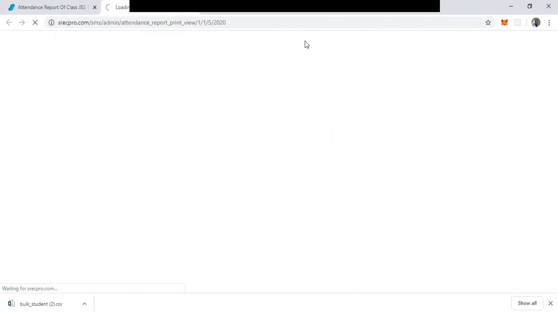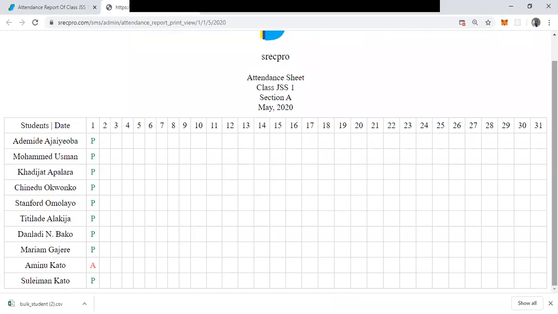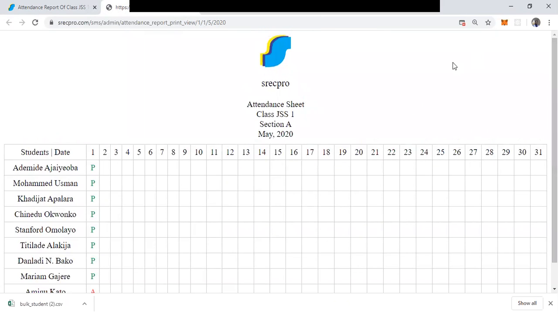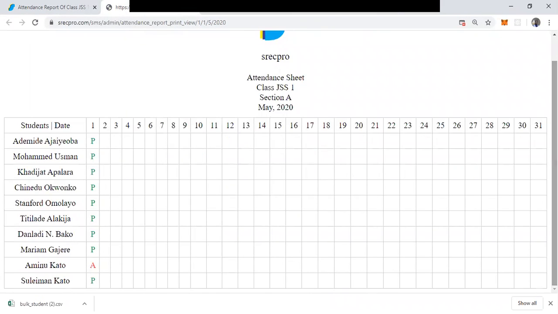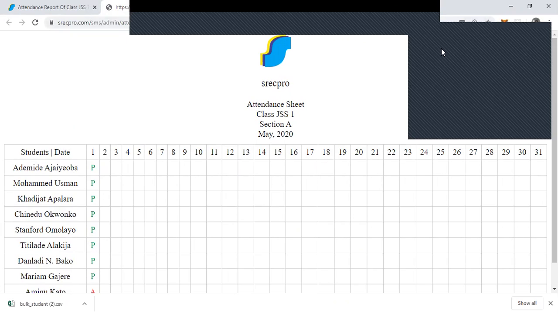We can print and check how it looks when it is printed. Okay, Aminu Kato is absent, and so that is what it is. You can go back and print reports for days and years that have passed according to your database. And this system can allow you to input records from previous years if you are just acquiring them new. Okay, so